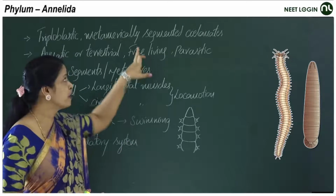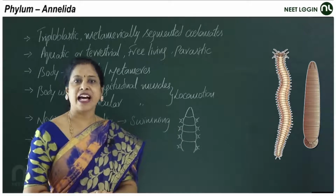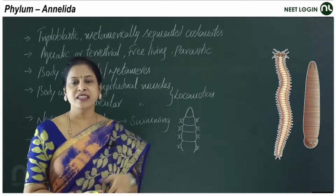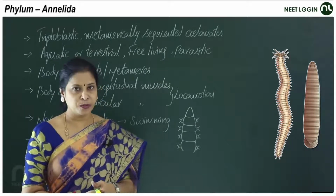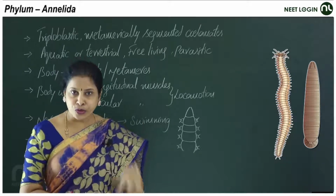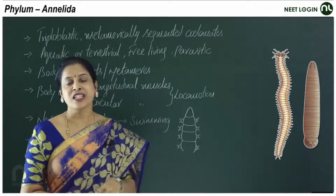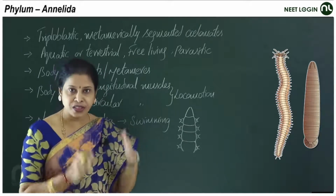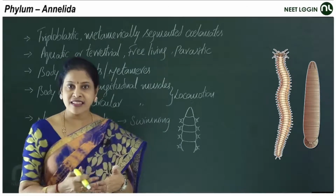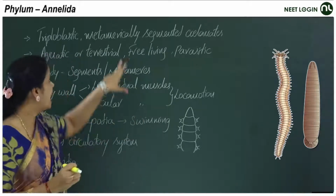They are metamerically segmented and these are coelomates. You know well, the first true coelomates are annelids. Annelida phylum possess the true coelom. If you talk about Platyhelminthes, they possess acoelom, no coelom in them, and in Aschelminthes, they have pseudocoelom. And you know the true coelom is the one which is derived from mesoderm and it should be lined with mesodermal linings. So these are the first true coelomates. So triploblastic, bilaterally symmetrical with organ system level of organization and metamerically segmented bodies,